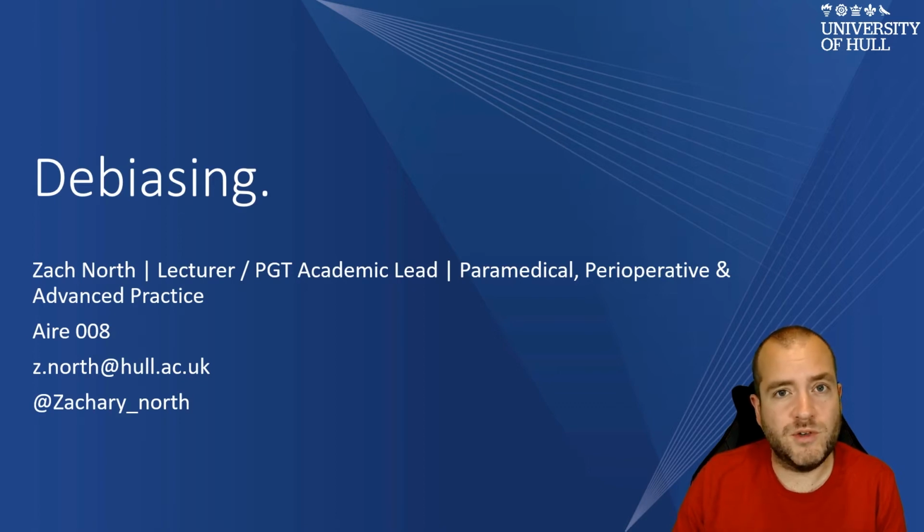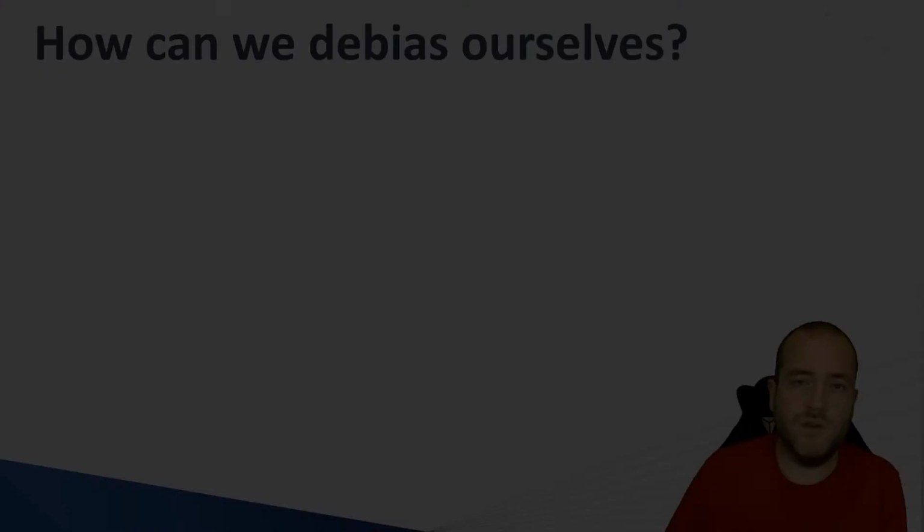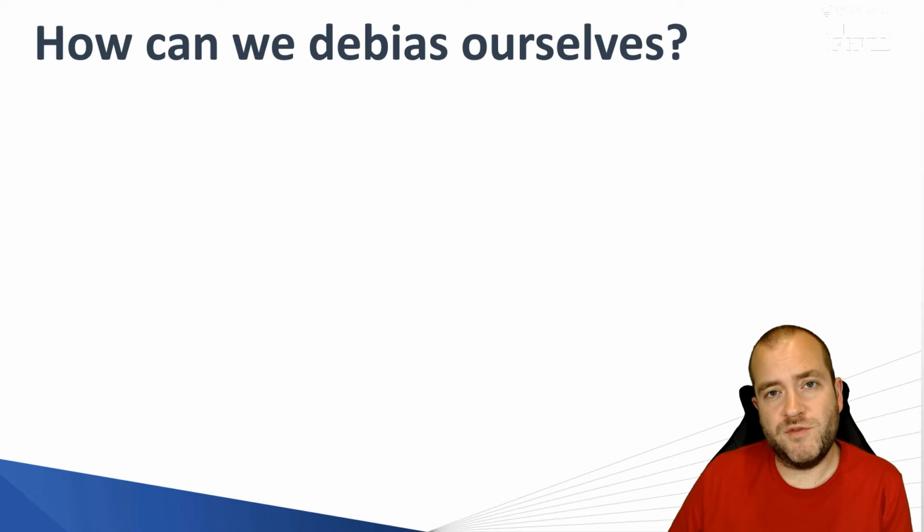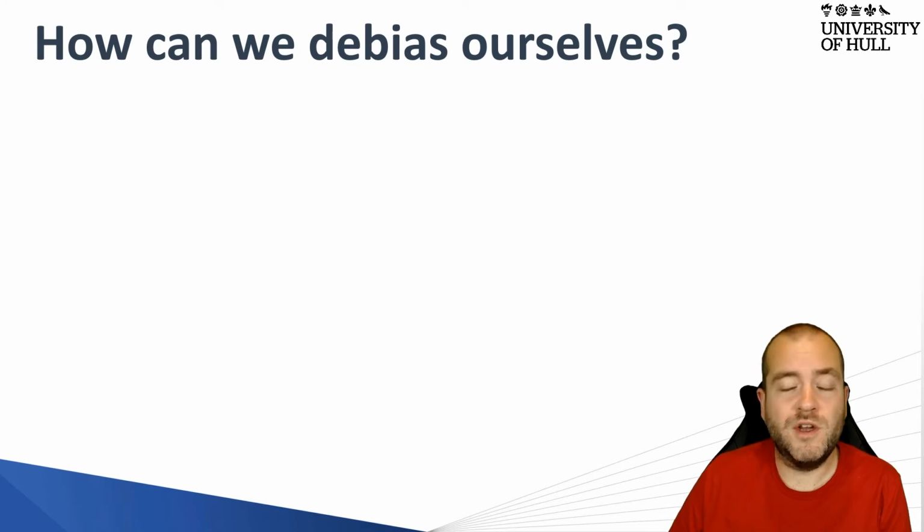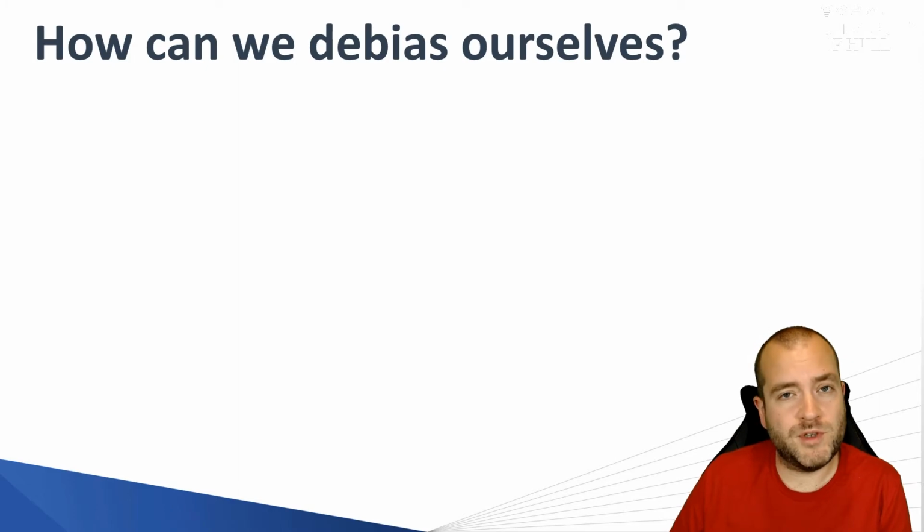In this section, we're going to look at some tactics that are explored within the literature to help us try and de-bias ourselves by using System 2. So how can we start to de-bias ourselves? And the take-home point from this is that we're actively trying in our mind to move away from making intuitive decisions to making a more analytical decision, in the hope that doing that, we'll be able to identify any biases